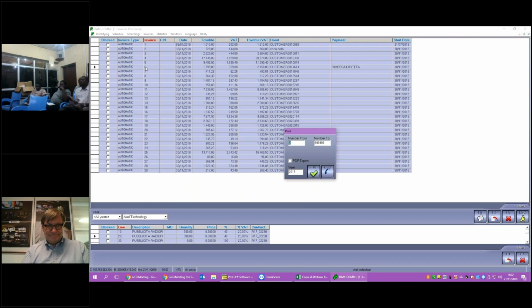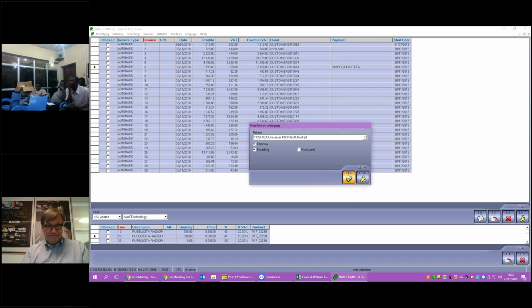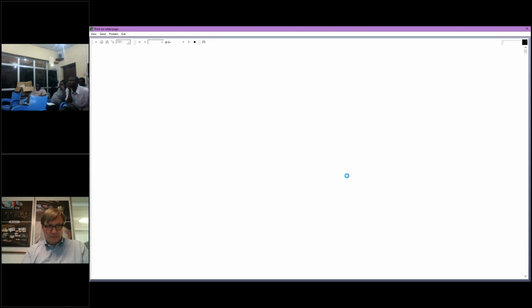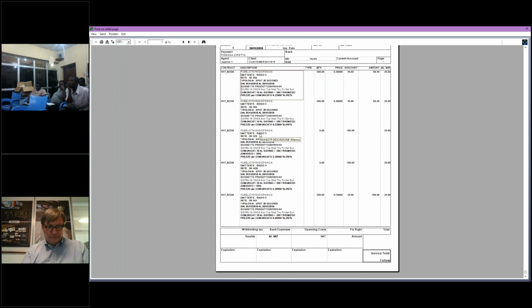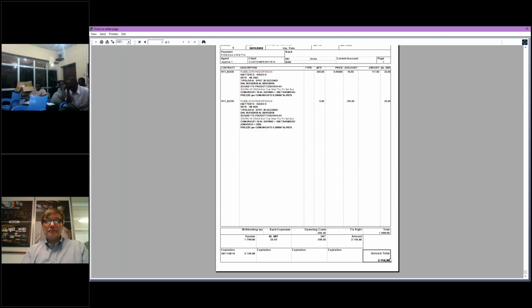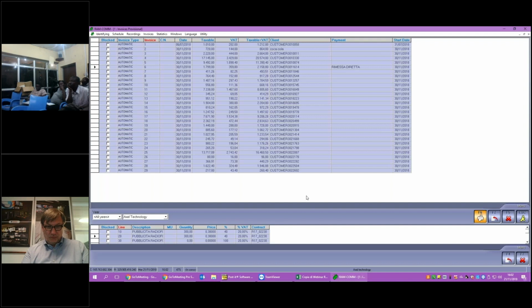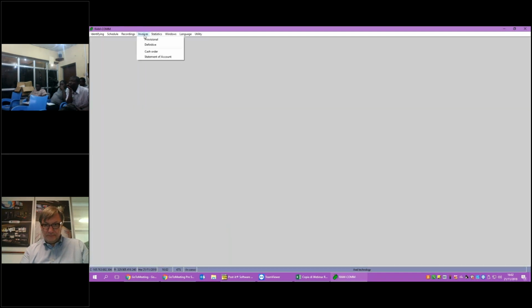For example, this is the invoice number 6, from 6 to 6, just to check it. You see, these are all the products inside this invoice. And there are so many pages, 3 pages, a very big invoice. And I check it, I say, yes, it's okay for me. We can change and customize that form. Okay, that's okay for me. All the provisional invoices are okay. We can pass them into definitive. I click here on definitive,